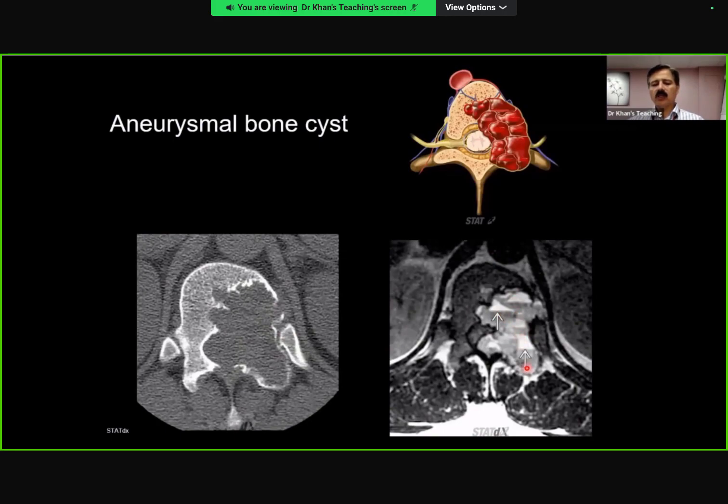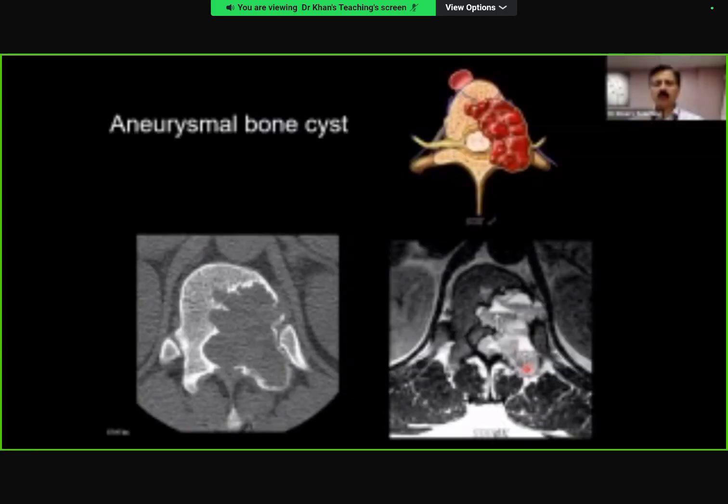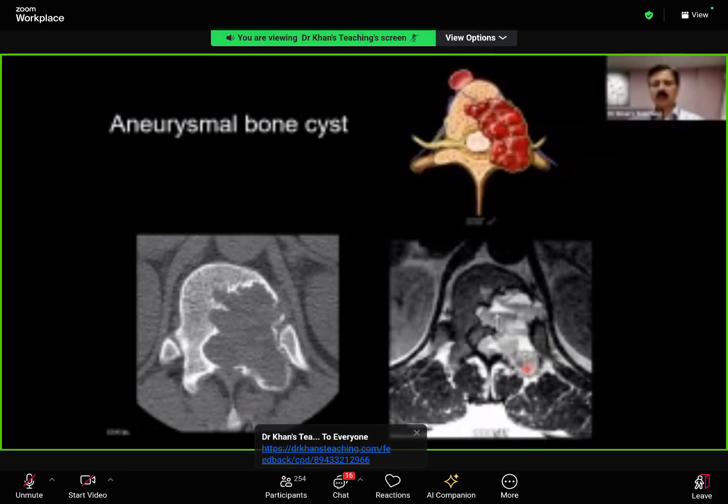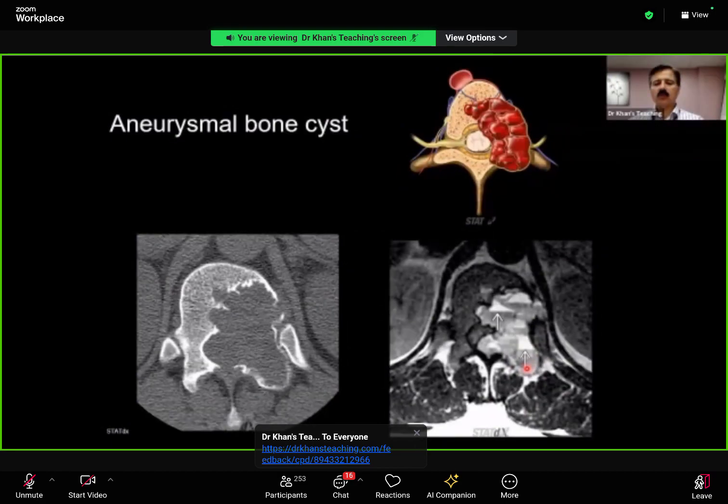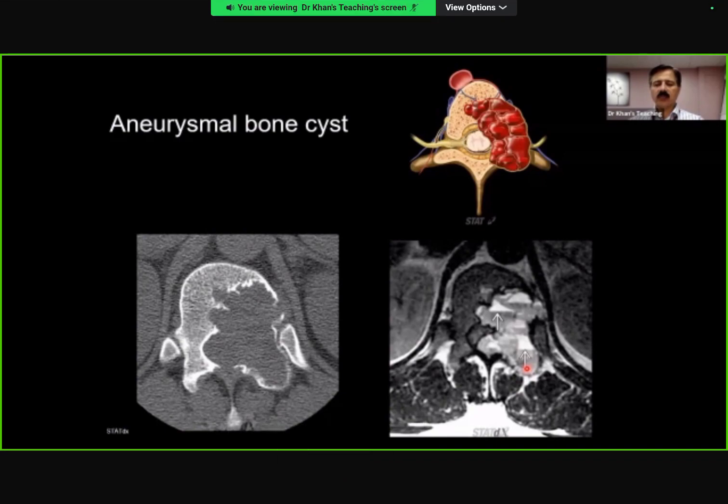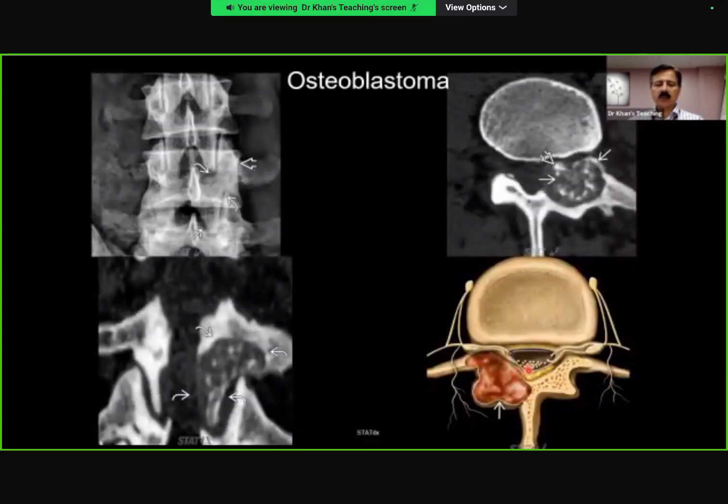So the correct answer, as the candidate pointed out, is that I'll do an MR, and on MR, I can get fluid levels to differentiate between an osteoid osteoma versus ABC. Of course, other things like bone matrix and things like that, you can also, because you remember that pedicle which was thickened, which was sclerotic. So that is another example. Now, in this particular case,